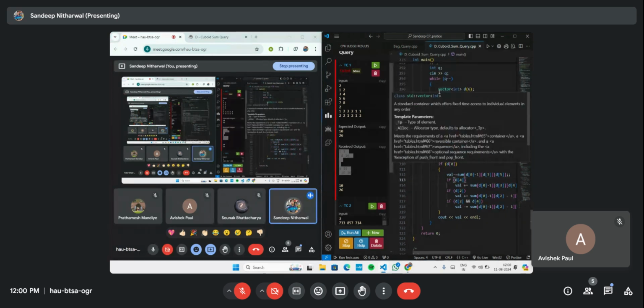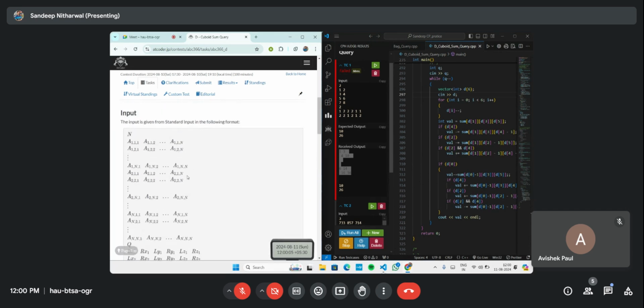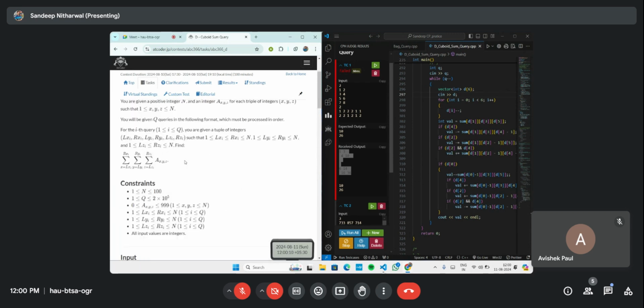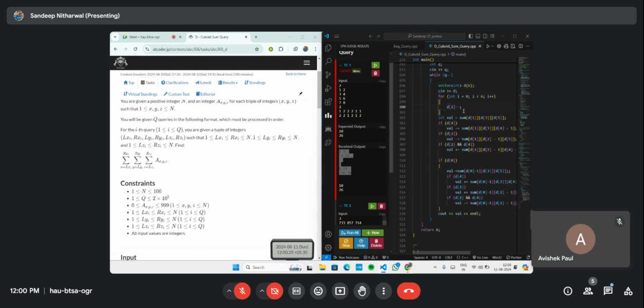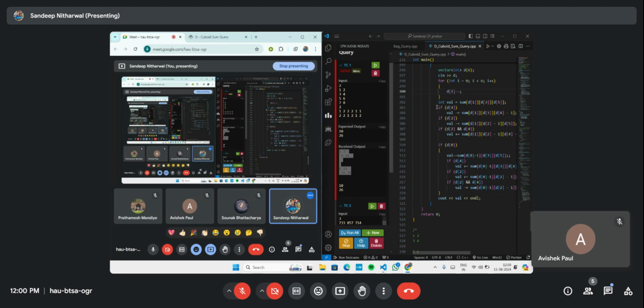Just consider I have taken 6 inputs which we need to take. This was our input, LXI, RXI, like 6. So I have taken a vector and am taking the input of the vector, reducing all of these by 1. Then what do I have to do? I am calculating the value, which is my answer. Okay. The value is my answer. I am calculating my value up to the 135. 135 means like